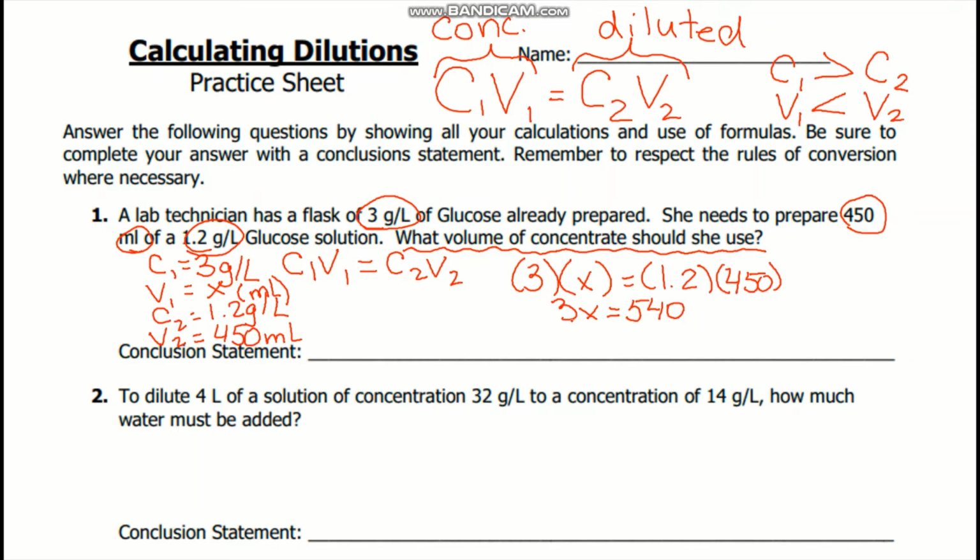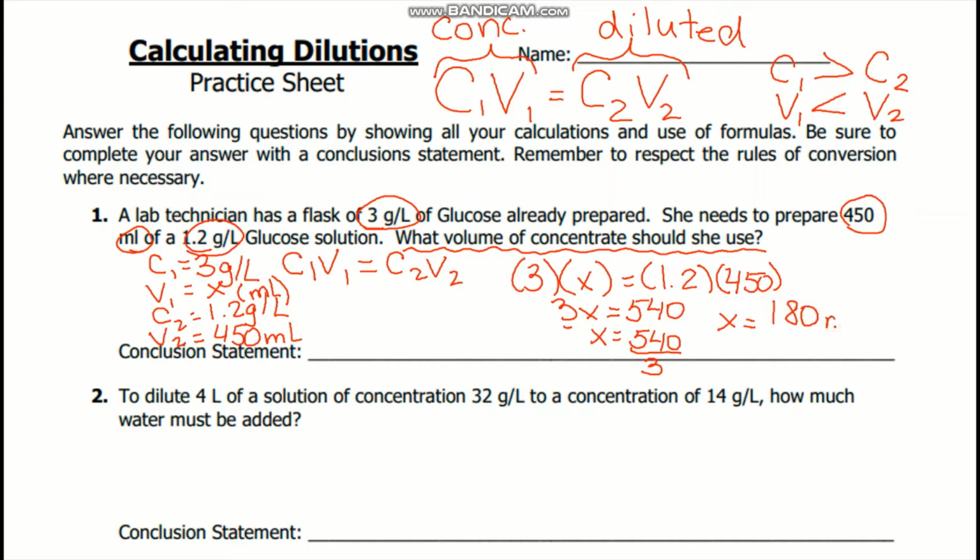So in order to do so, we have to bring this 3 over to the other side because we want to leave the x alone. And since the 3 is multiplying the x, it's going to do the opposite when we bring it over to the other side. So x, therefore, is equal to 540 divided by 3. And once we figure that out, we're actually going to end up with our answer. And that equals